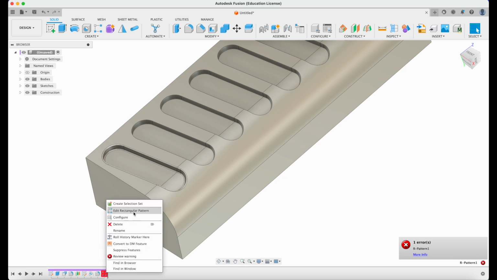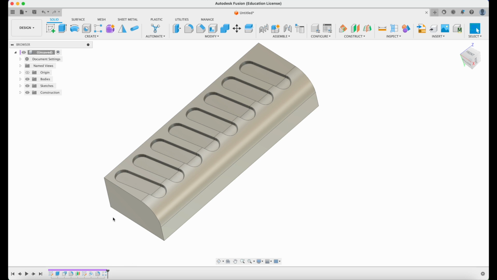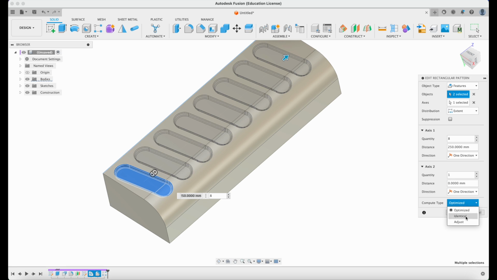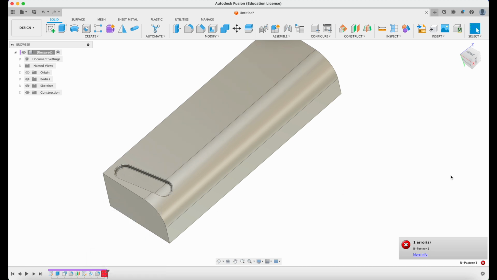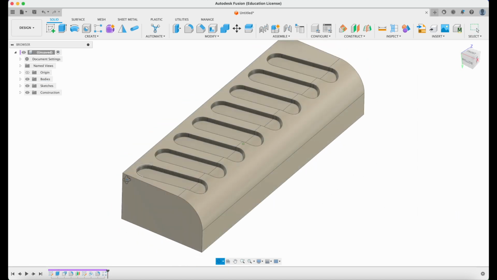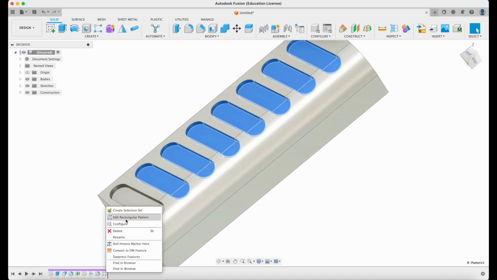But I think I have to edit my type, as you can see. I need to edit the type. Sometimes it doesn't like doing adjust. Sometimes it wants something different. It doesn't like that as well. Let's try and do optimize. What does it say when I say optimized? Oh, it didn't even like that. Okay, let's do